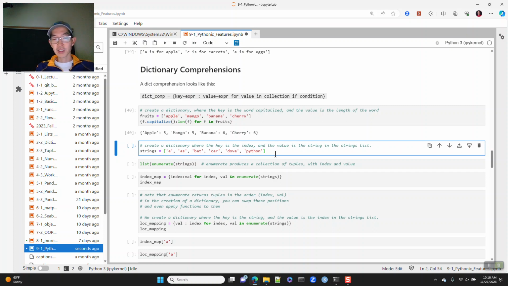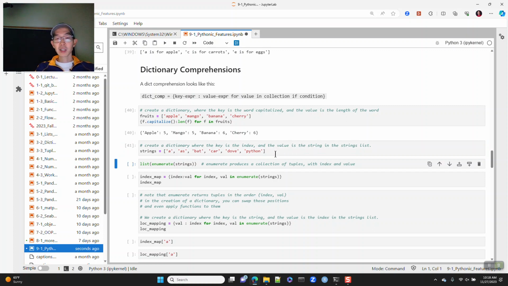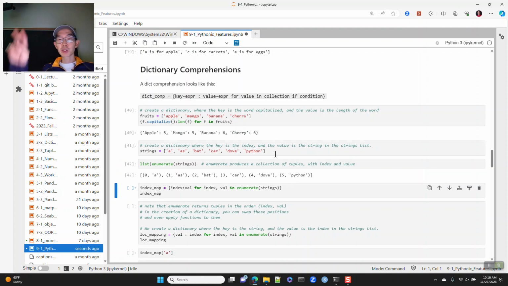Here is a list of strings, and I could say enumerate them. Remember what enumerate does: it returns a list of tuples where we've zipped together the numbers, range 6, 0 through 6, along with the words in the original thing. So enumerate is another handy little thing, and it zips together a range object of the same length as your